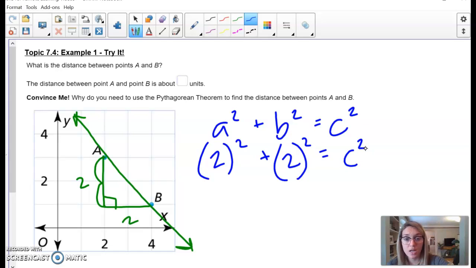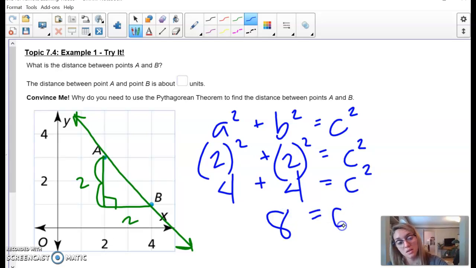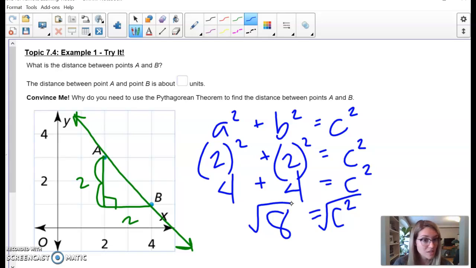All right, 2 squared, I know is 4, and 2 squared is 4. 4 plus 4 equals c squared. 4 plus 4 is 8. Now 8, when I have to square root it, in order to cancel out the exponent of 2 and the square root on the right side, I am not going to get an easy number. So my options are to either leave it in radical form. I could say that c is equal to the square root of 8,